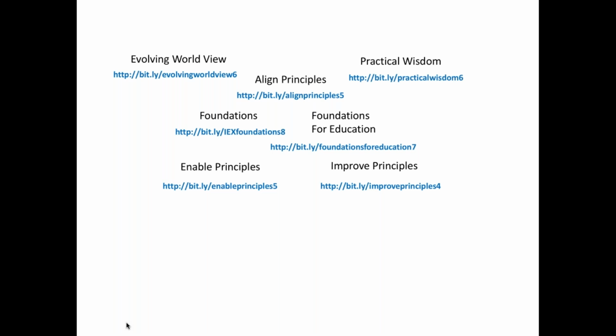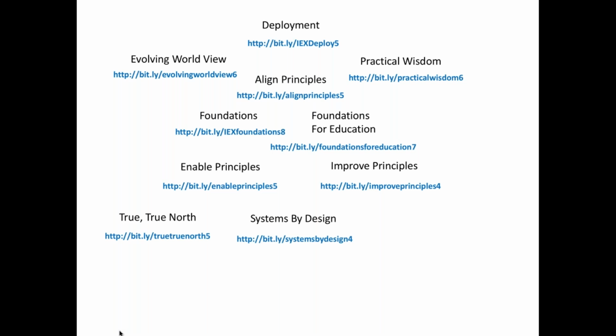And also this white paper that can be found directly at this bit.ly link describes different types of knowledge needed to solve different types of problems, a high-level overview of theory of knowledge, and you'll find it directly at that bit.ly link. There's a white paper that describes one method that we recommend for deployment that you can find directly at this bit.ly link, and also a white paper that gets into details about methodologies and approaches to design and adjust systems, can be found at that bit.ly link.